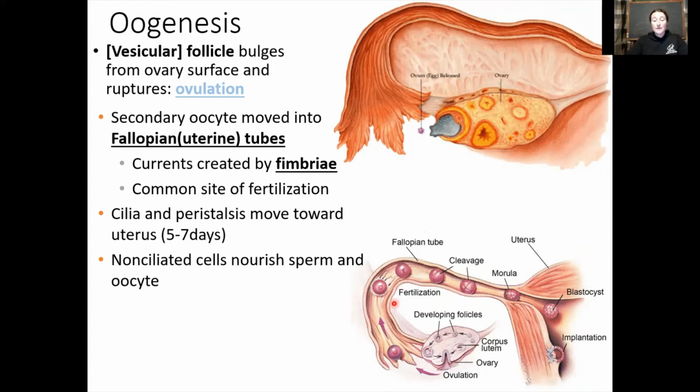Usually, fertilization is going to occur within the uterine tube itself. So sperm joins with egg, their two genomes combine, therefore making a new diploid organism. This is the offspring here. As the cilia and muscular uterine tube push this developing offspring down into the uterus, cell division is occurring, and that is called cleavage. We'll talk about that more in a later lesson, but essentially by the time